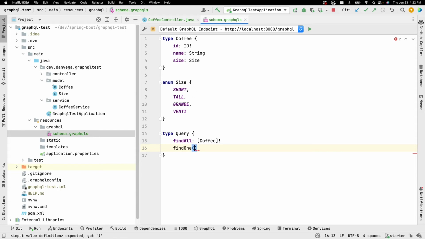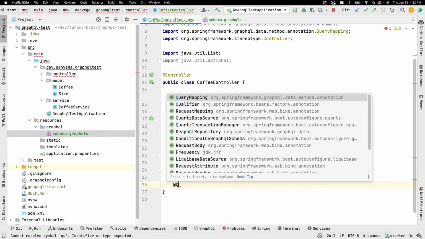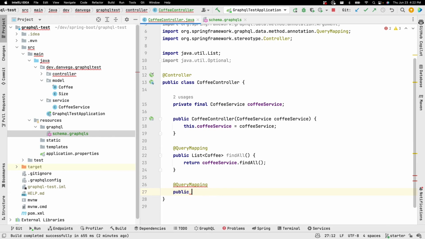This is going to take an argument. So it's going to take an argument of name ID. It's going to be of type ID, and this will return a single coffee. So let's go ahead and save that. Go back to the coffee controller. We're going to go ahead and make a query mapping here, and we'll say this is going to return